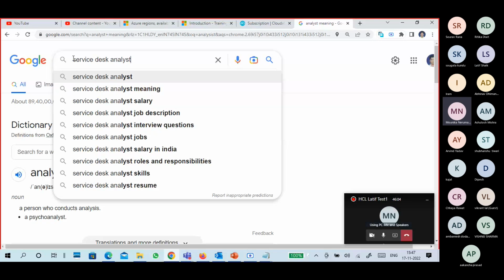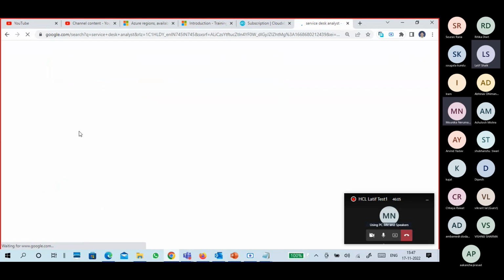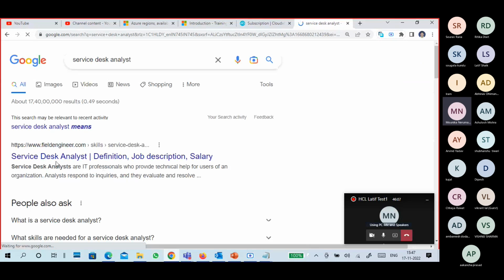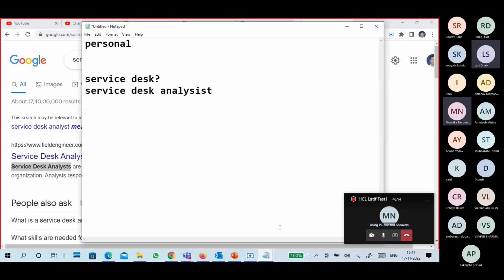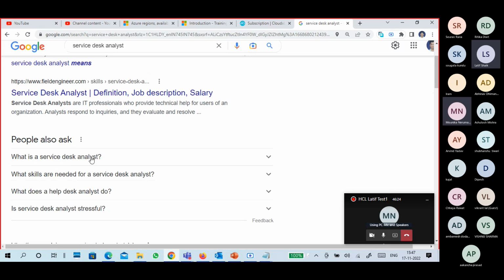What is a service desk analyst? You got it. Yes, you can tell from here also what a service desk analyst is.